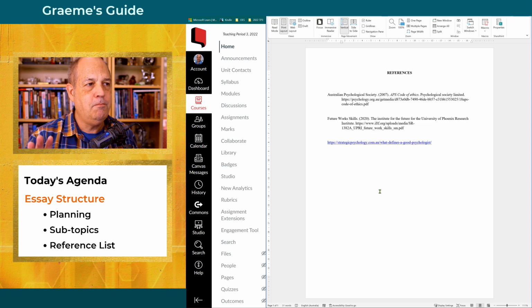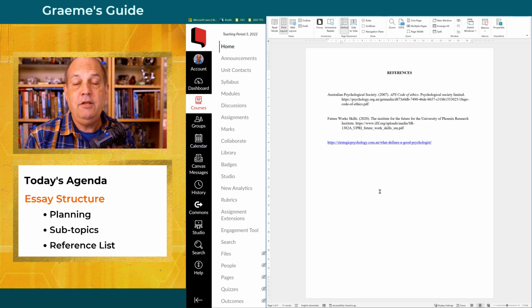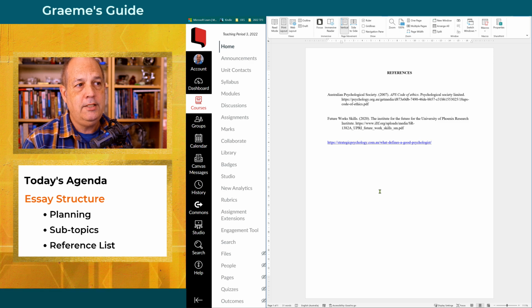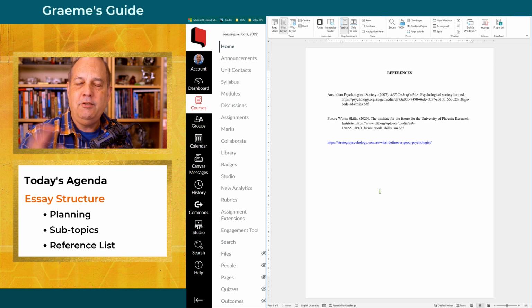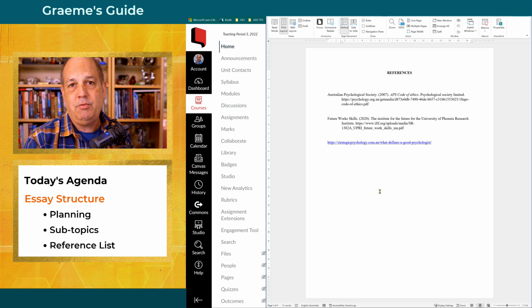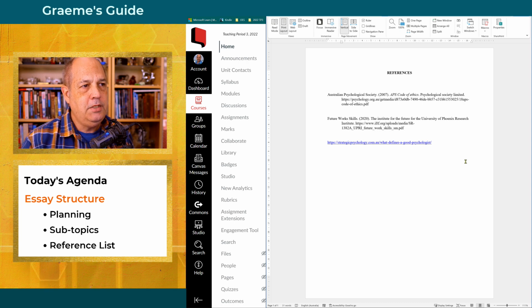Now, in assignment 2, there was an opportunity for 3 or 4 references that could be cited multiple times throughout your assignment 2 write-up. There was also an opportunity to do more research or use more than just 3 or 4 references if you were looking to get a higher grade. In this particular occasion, this is kind of like the minimum references that you would need for a pass. This could possibly result in a credit.